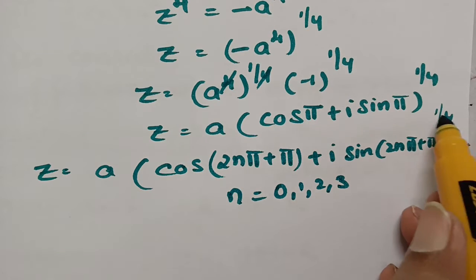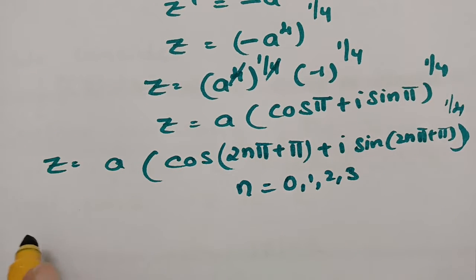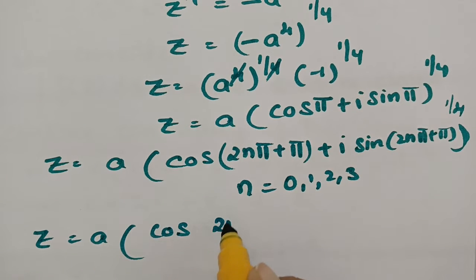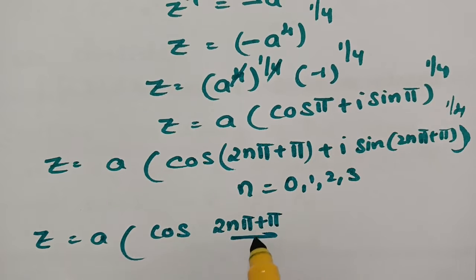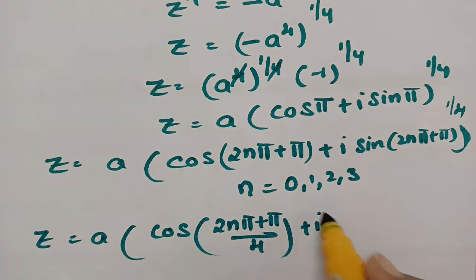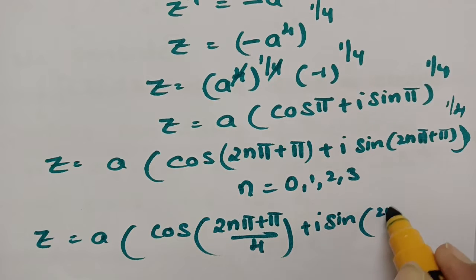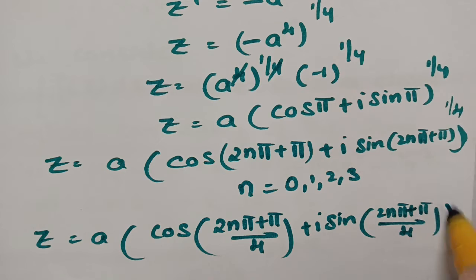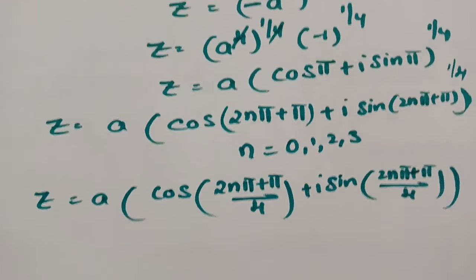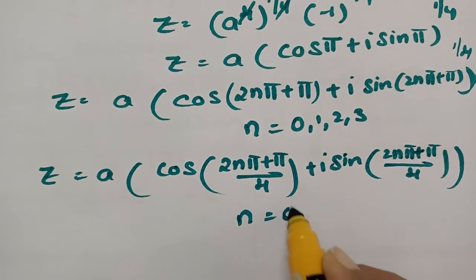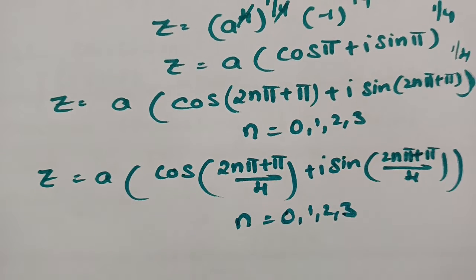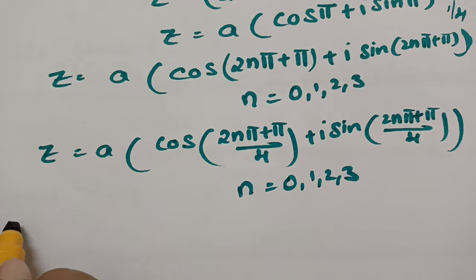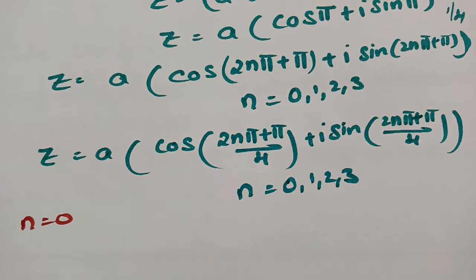And see, this power 1 by 4 can be written as z is equal to a into cos (2nπ + π/4) + i times sin (2nπ + π/4). Clear? This is π/4, where n value ranges from 0, 1, 2 and 3. So if I keep n is equal to 0, what happens? The z value here will be